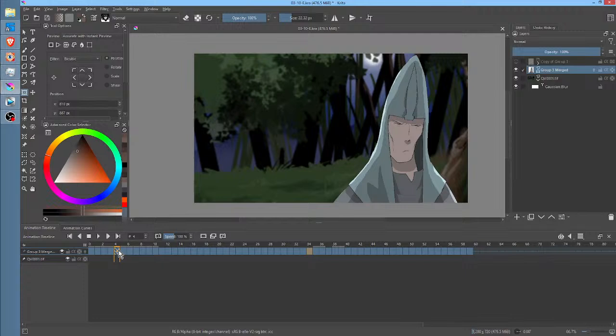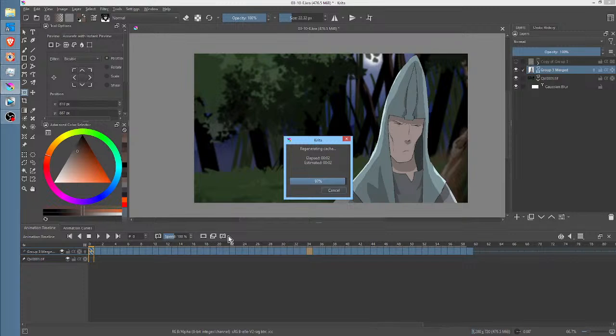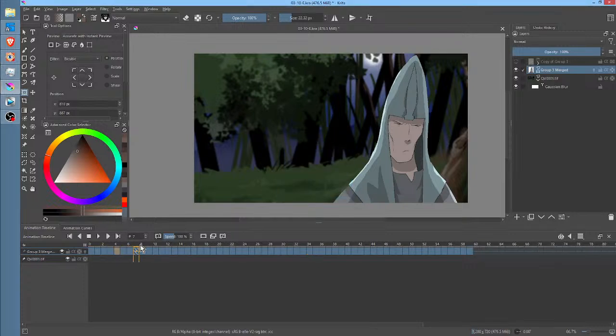Of course, you can't actually see it right now because once again, Krita refuses to fill the animation cache. It's almost like you should just hit the play button, whether you want to play it or not. Just hit the play button and sit through it. Would not be the worst idea ever.